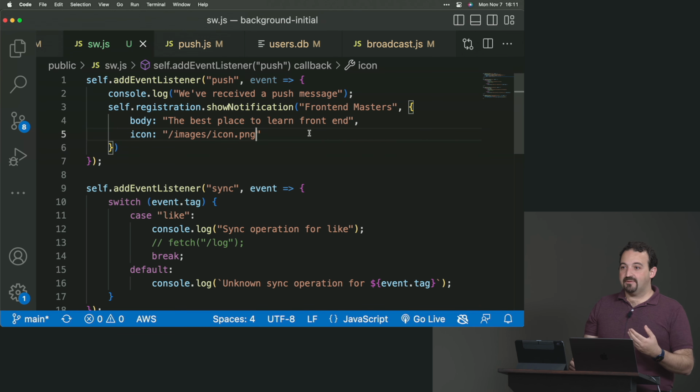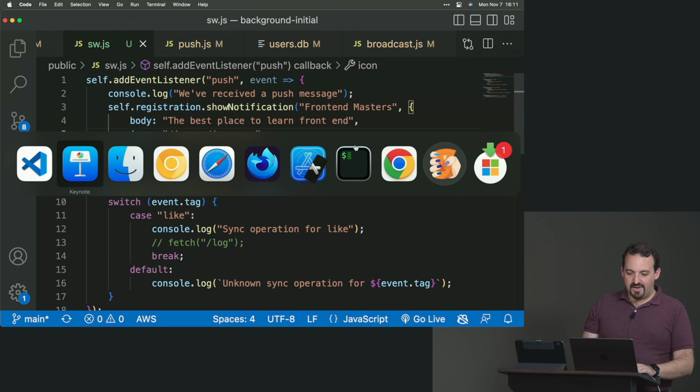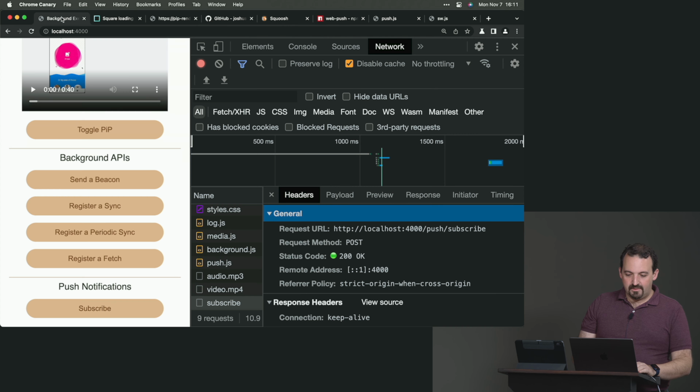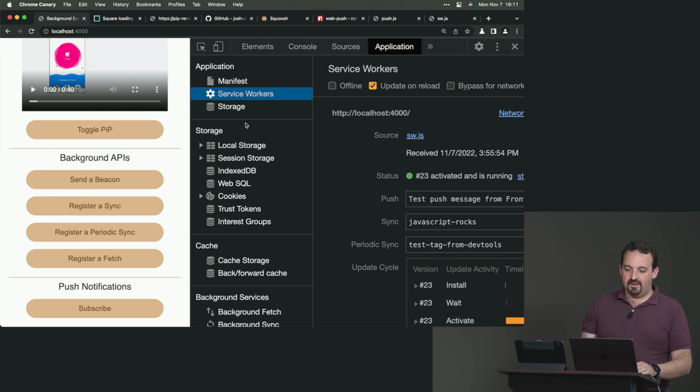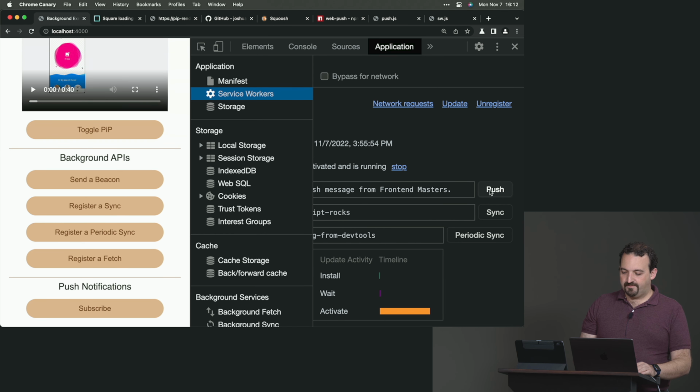How can we test this? Before checking if the server is sending the message, how can we test this? We can use the tester in Google Chrome. That's the simplest way to test this. So we can go back here, go to the Application tab. Within Service Workers, we have a section for Push. If I send a push message,